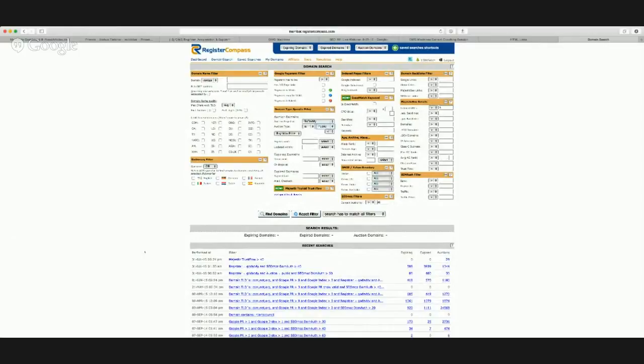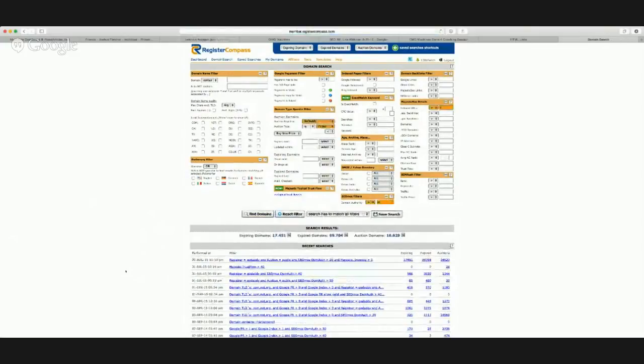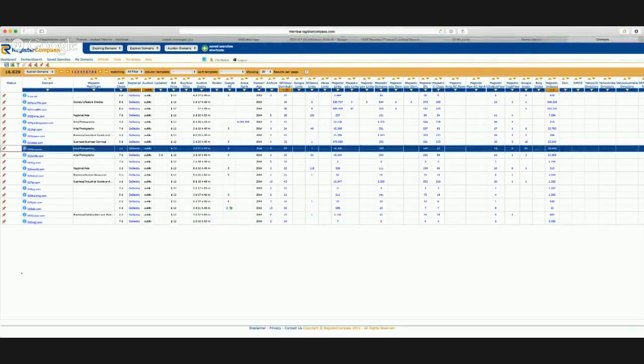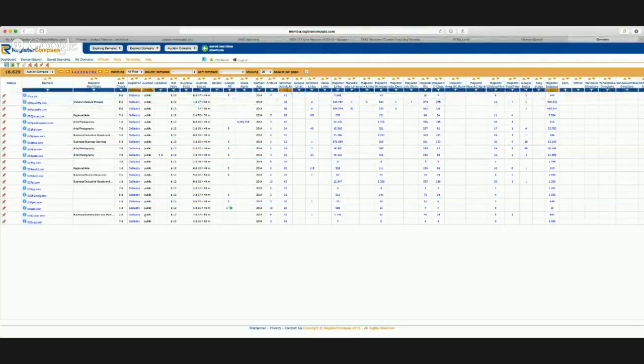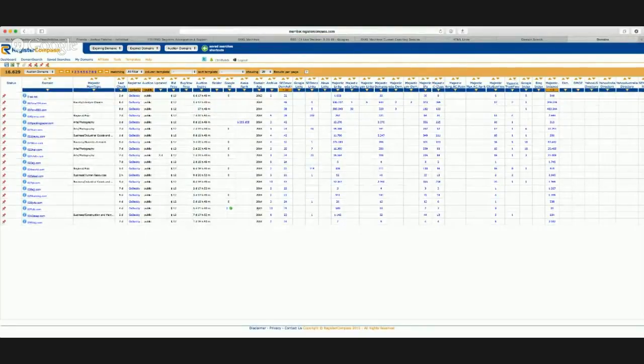So I'm going to leave everything else out, and do a search here real quick and see what comes back. 16,629 domains. If you just click this number, it'll take you over to the matrix for all these sites. Then we can sort this by one of the metrics that we might want, which is Majestic Trust Flow. It'll think for a while and come back.